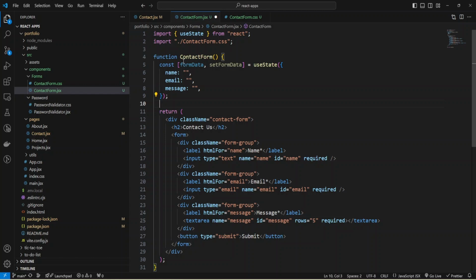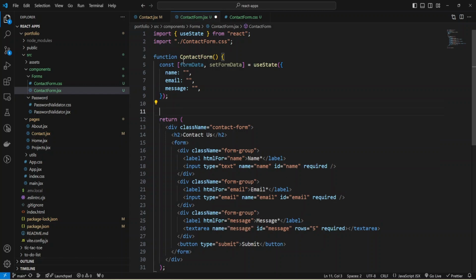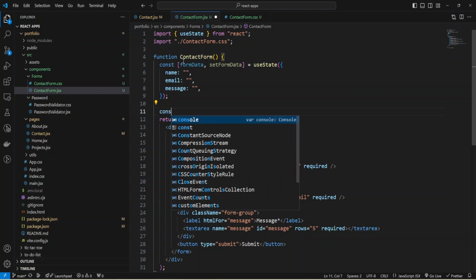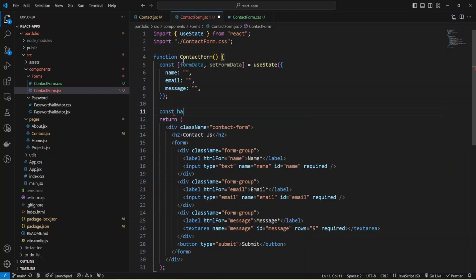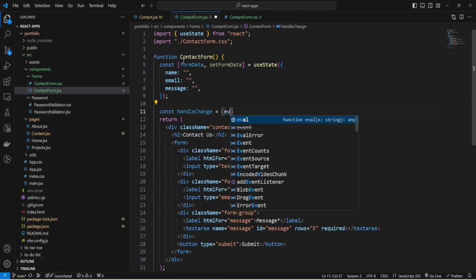Okay, we have our state, and now I can add a function to update the state. It will be const, and the name will be handleChange, and as a parameter we'll have event.